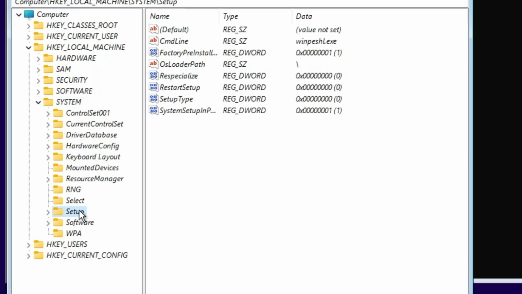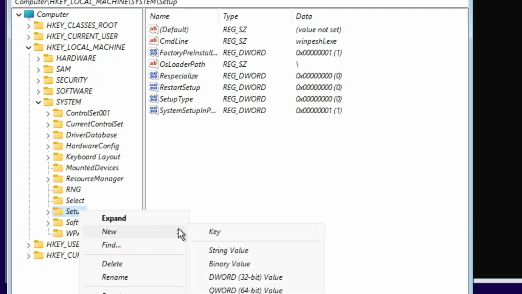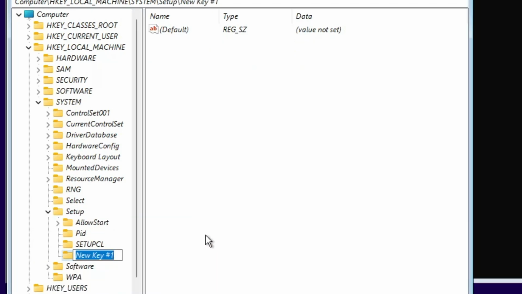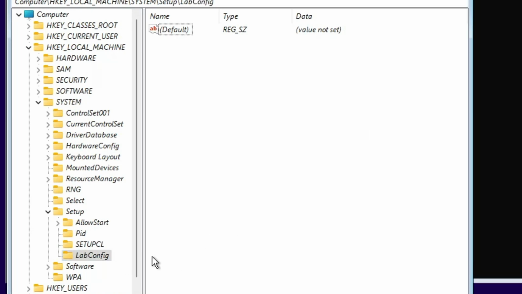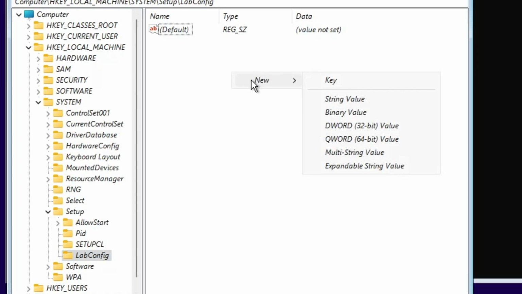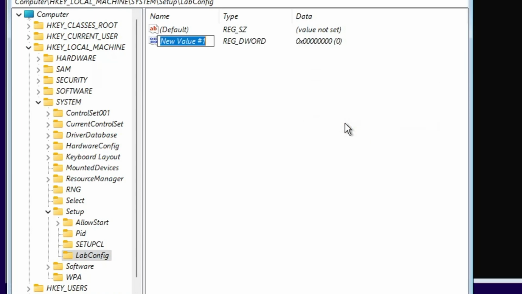Now once you come to Setup, make a right click on it, hover up to New, then click on Key and name it LabConfig. You have to type exactly as I'm typing, and I will leave all these names in the description. Okay, so once you have created it, click on it, and now on the right hand side, make a right click, hover up to New, choose DWORD 32-bit value, and first here you have to type